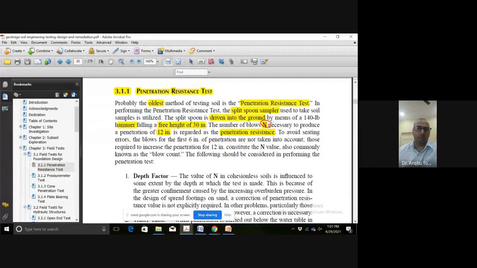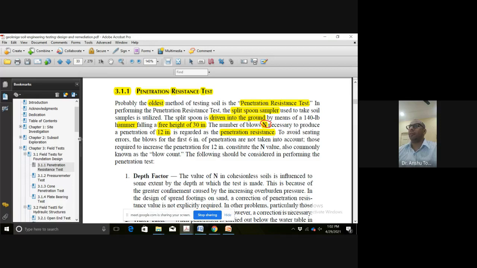And then for the next 1 foot, how many blows were required for 24 inches of penetration? Then the next 1 foot, that is up to, you can say, 2.5 feet. What was the N number of blows which were required to penetrate the next 6 inches for the split spoon sampler to enter the 30th inch? That will give some idea upon the existing characteristics of the soil 30 inches below the earth surface.